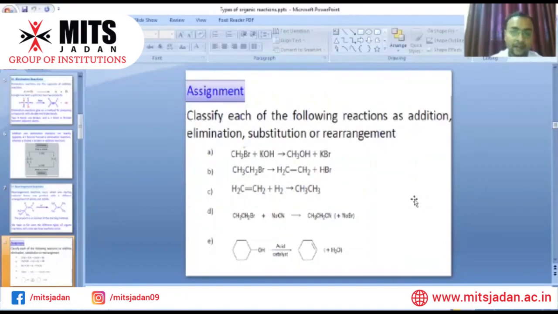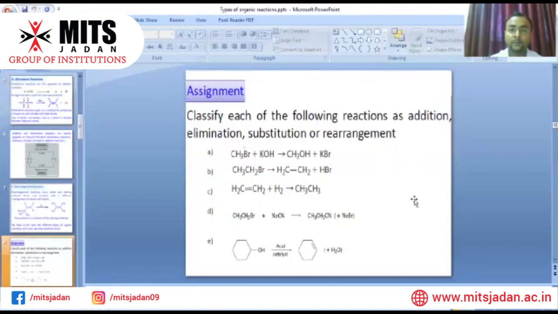that is the addition reaction, because you know that the elimination reaction and addition reaction are just opposite to each other. In the case of addition reaction, the addition product is formed, and in the case of elimination reactions, the products are split to give two separate products. In the fourth example, bromoethane reacts with sodium cyanide to give the product propanonitrile. That is the substitution product, because bromine is substituted by the cyanide ions and sodium bromide is also formed.